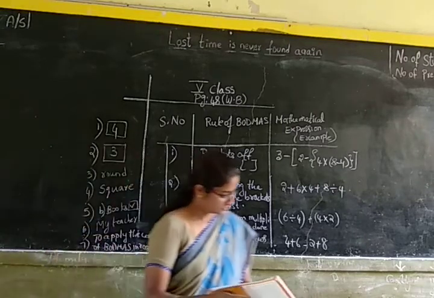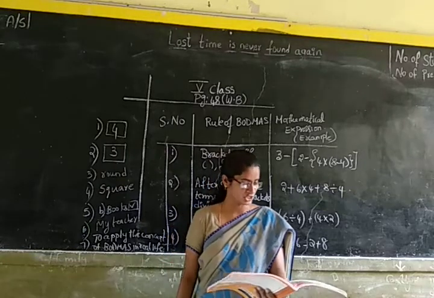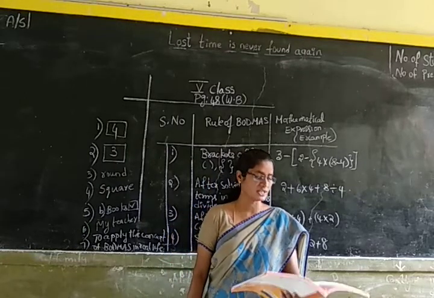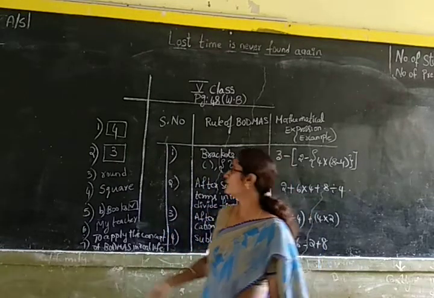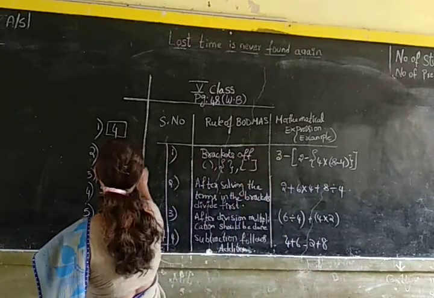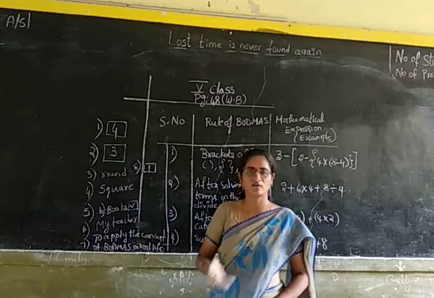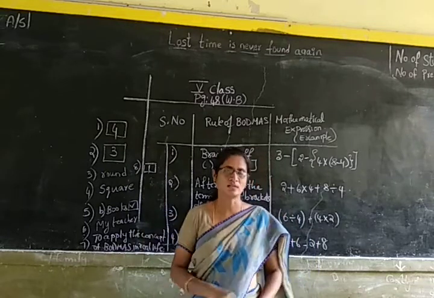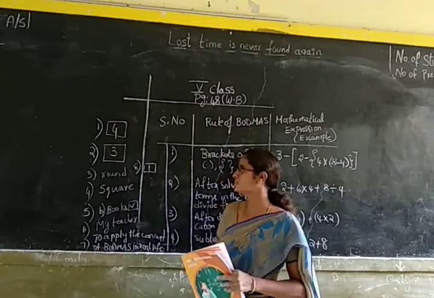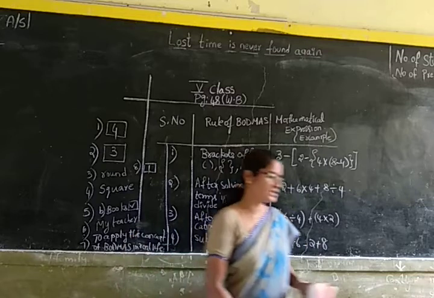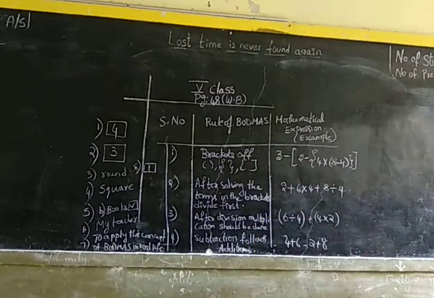So what is the eighth question? I have completed this application in dash days. So you can write 2 days or 1 day. Whatever number of days you have taken, you can write that in the eighth box. Okay children? Did you understand, children? So this is the way of doing the application.